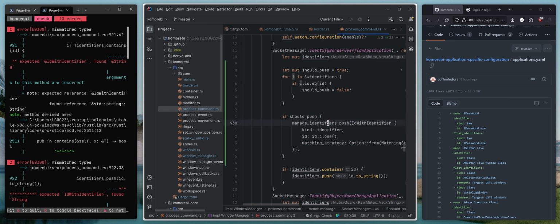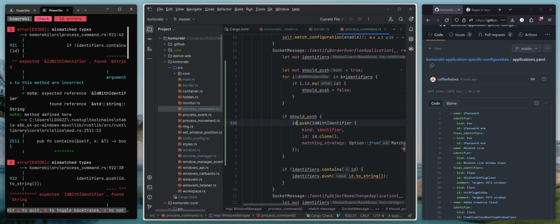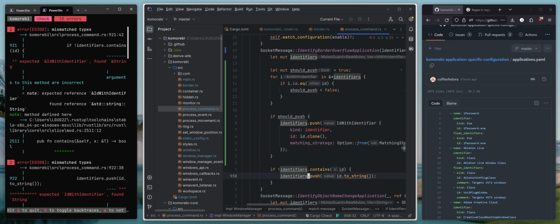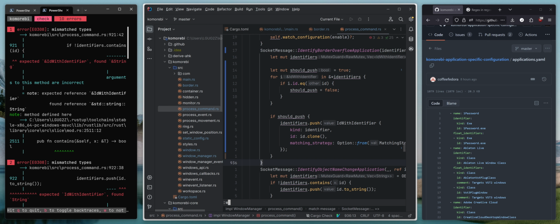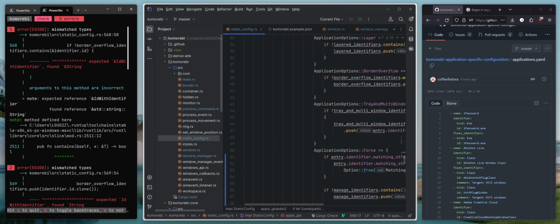Should push, not manage identifiers, just identifiers. And we need to pull in this identifier here. Nice. Next, we move on to the static config